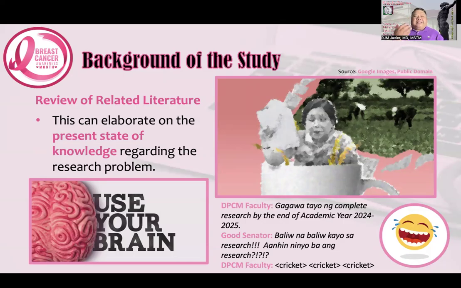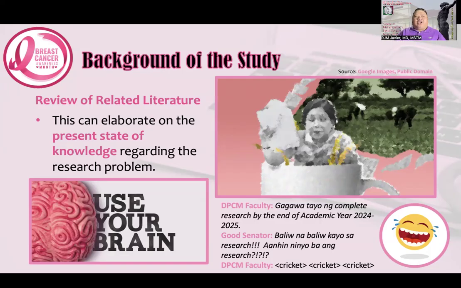We look into existing published and unpublished literature, or when you say unpublished, this could be the gray literature. When I say gray literature, most medical institutions, whether we're looking into UERM, UP, UST, Ateneo, De La Salle, FEU, lahat yan, no, maraming research ang mga faculty and students, but not all of the studies are published in peer-reviewed journals. Sometimes in their institutional libraries, they have copies of previous studies which were never published, pero it could still be relevant. And you can also access these, and this is what we refer to as the gray literature.